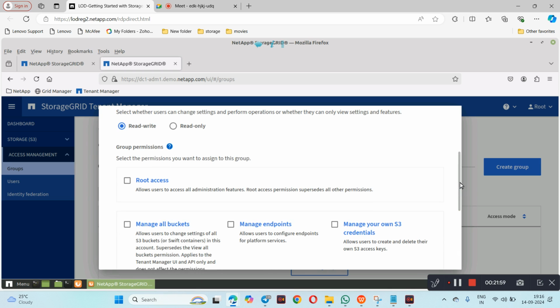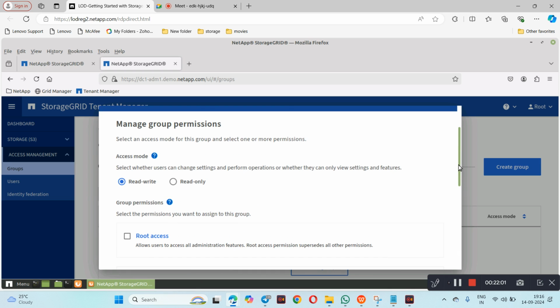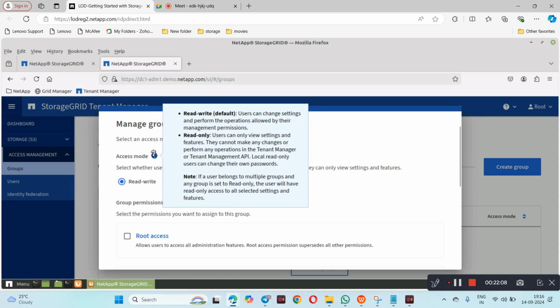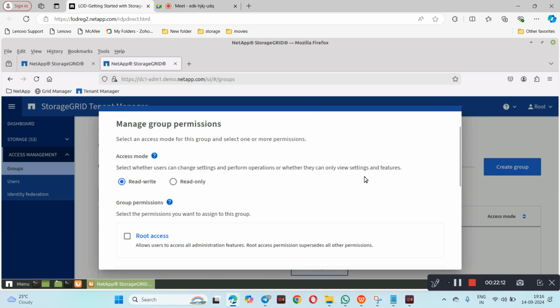Now what I have to do, I have to select the group permissions. I need to set the group permissions. So I can select like read write or read only. Okay, this is the access mode. So here it's giving the permissions that you can set. Here I'm giving read write, and if I go down below,